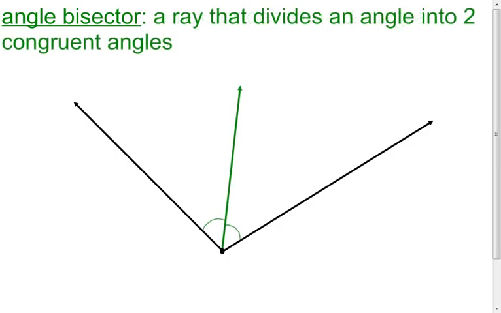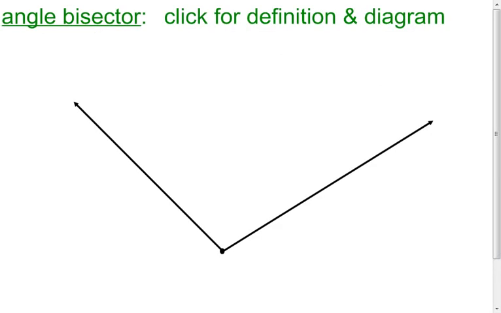In this case, it's going to be a ray, or it could be a line that would divide an angle into two congruent angles. So in my picture, the green ray is the angle bisector because it took my black angle, cut it into two congruent angles, and I know that because I see the little congruent arc symbols on both sides. And I believe, yes, that's going to conclude all of the notes part. I will also have a video on the two examples that we had in this problem, or in this